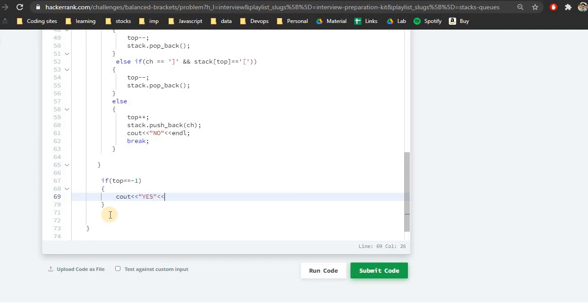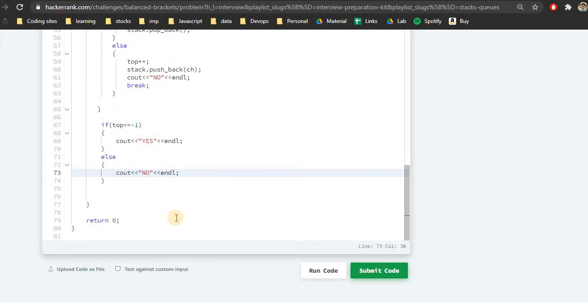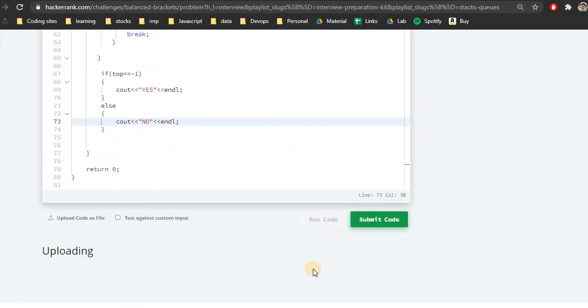If not, I'll write else and simply cout no. I hope this is a good enough solution. I'm not optimizing it. I'm writing each and every condition so that everyone can understand, and there is no need of writing this many conditions. You can directly check it and write the solution for yourself. So do check that out.